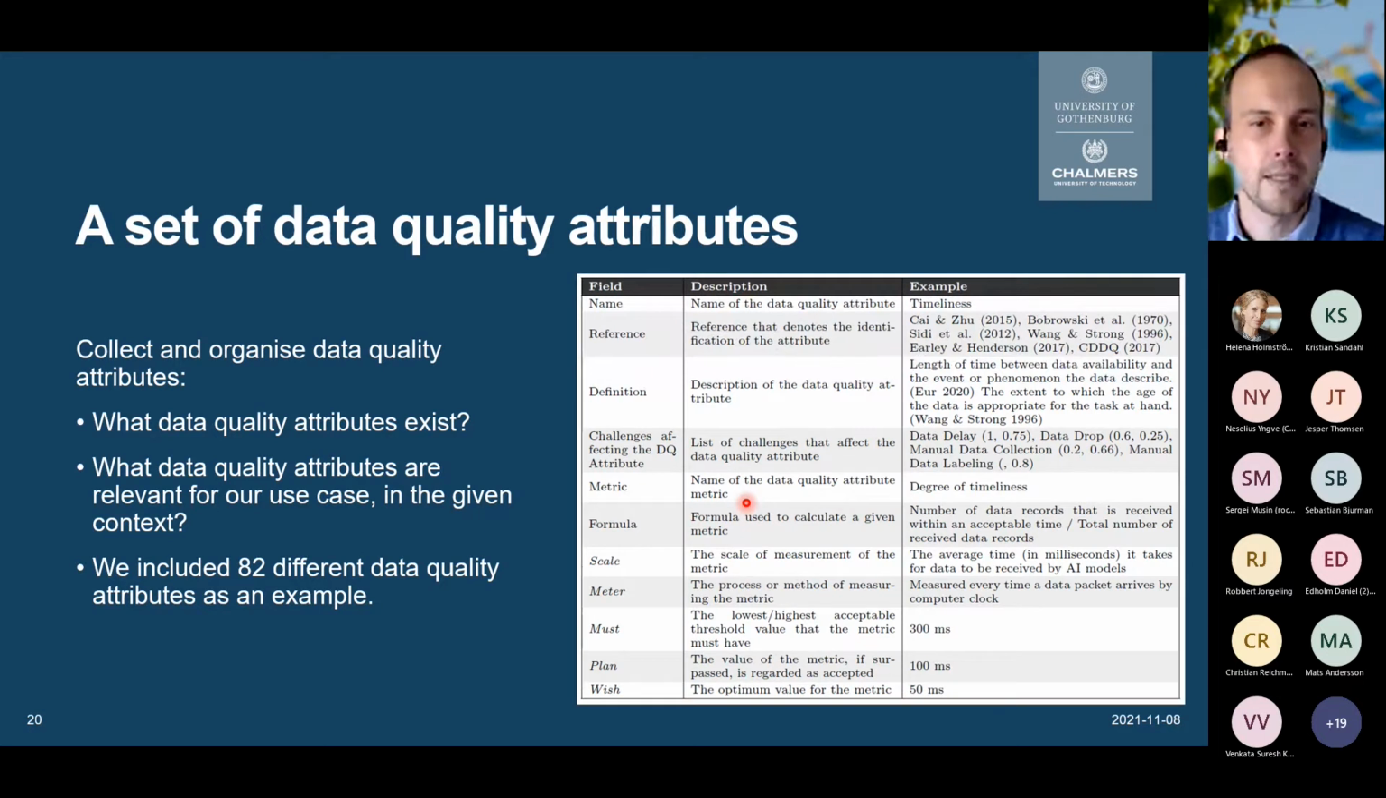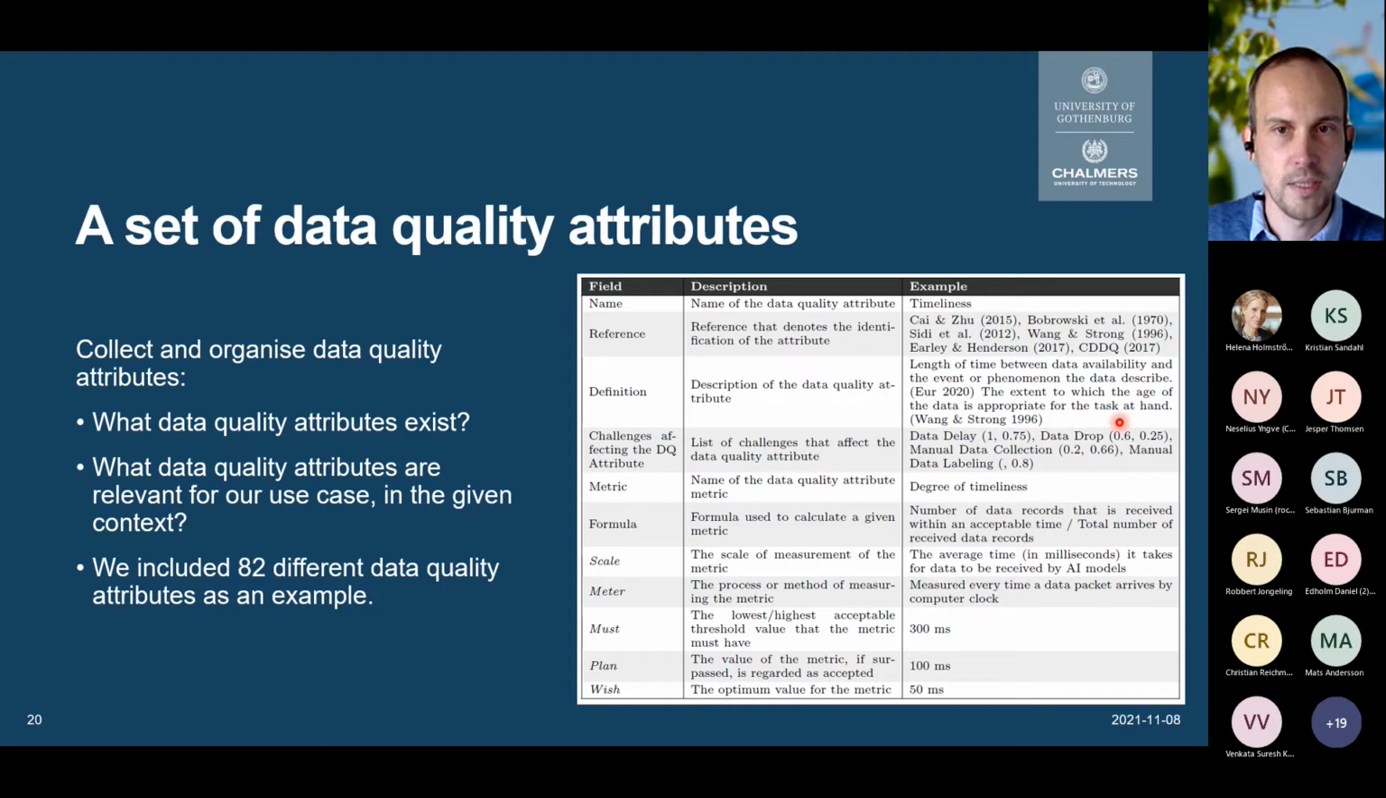An artifact that we propose could be used in companies to manage data quality attributes are these fields or tables for data quality attributes. These tables include fields such as name, reference, definition, challenges affecting the data quality attribute, metrics, and formula. Here's an example for timeliness, given with references and a definition: the length of time between data availability and